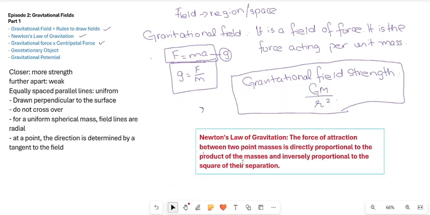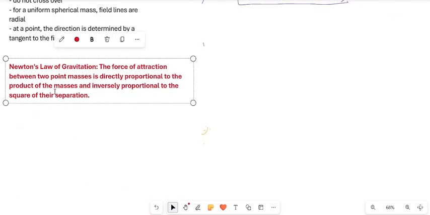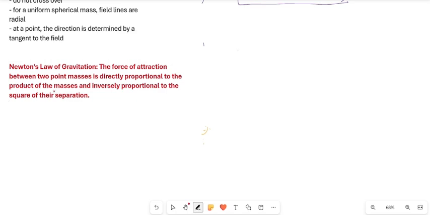Newton's law of gravitation: the force of attraction between 2 point masses is directly proportional to the product of the